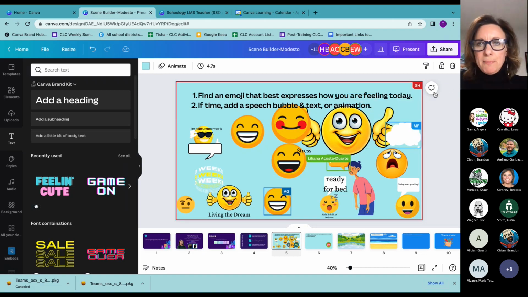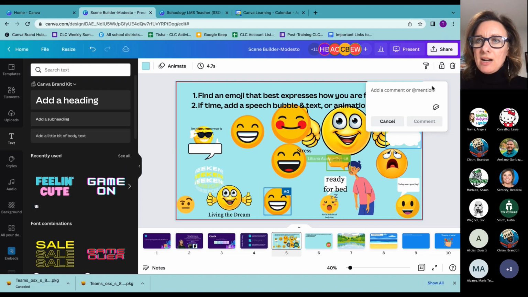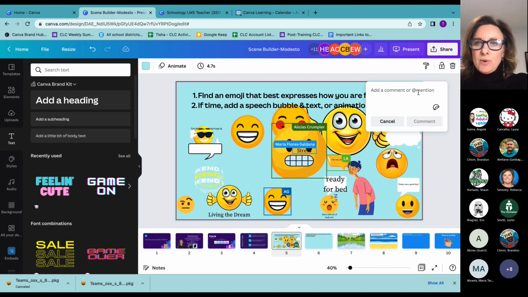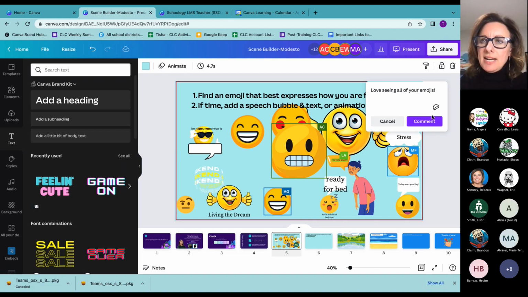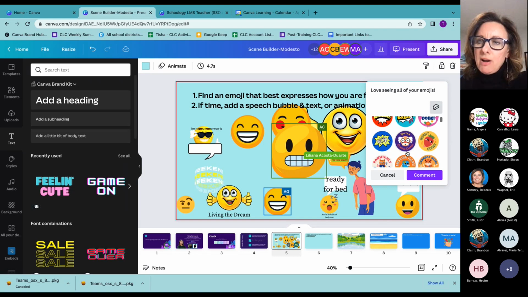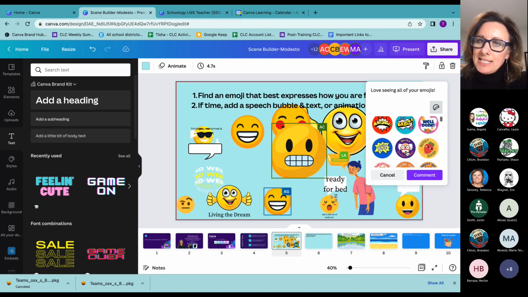So I want to show you up here on the top, I can add comments. And so there's my timer. So I can say, love seeing all of your emojis. And then I can actually add a sticker. So if I click this little, almost looks like a little taco, it is going to bring up all of these stickers that I can select from. So I can say,